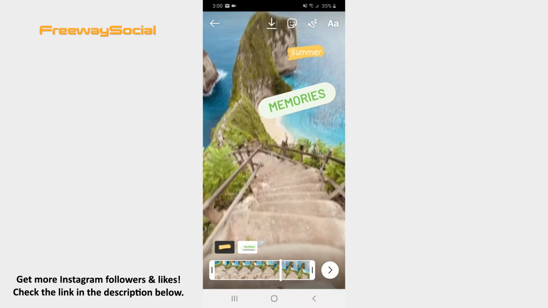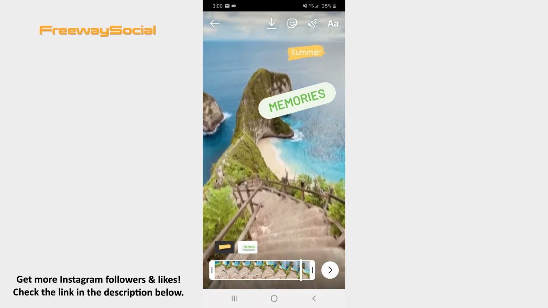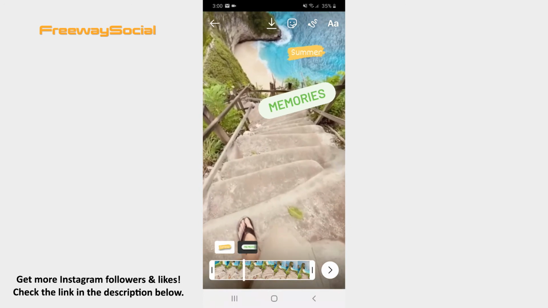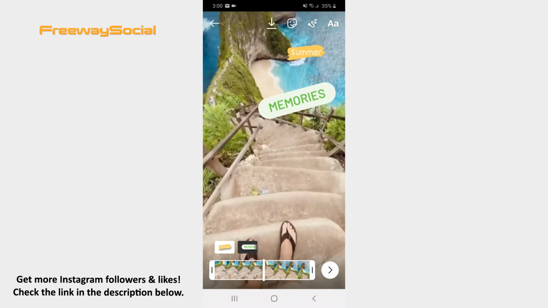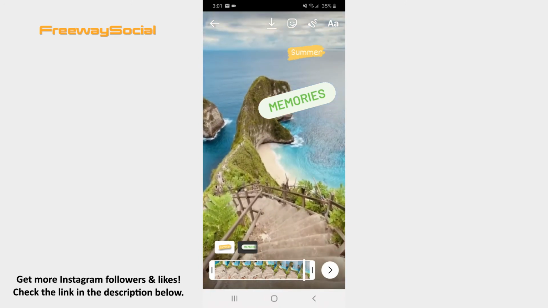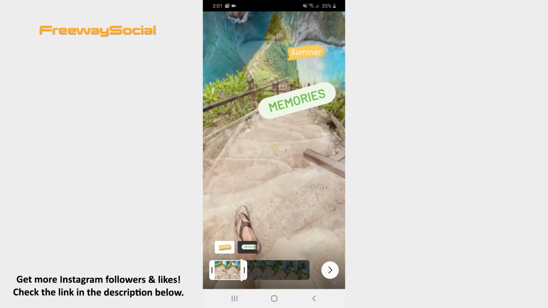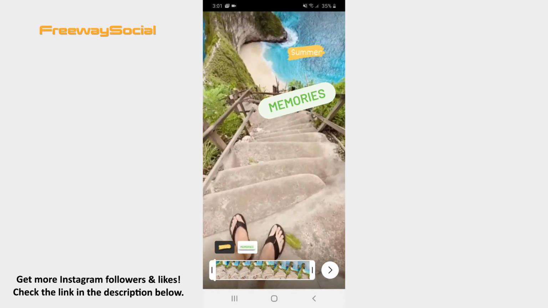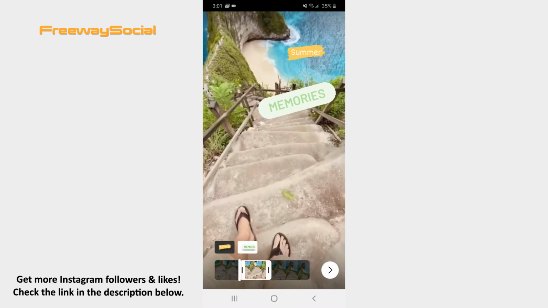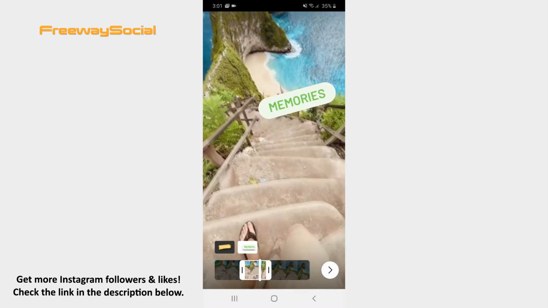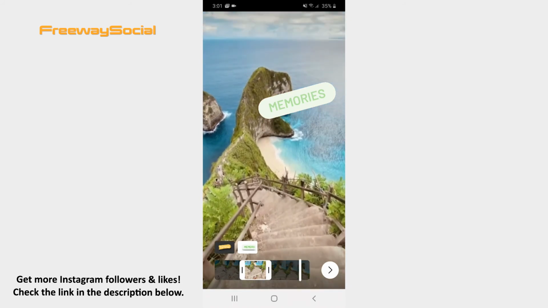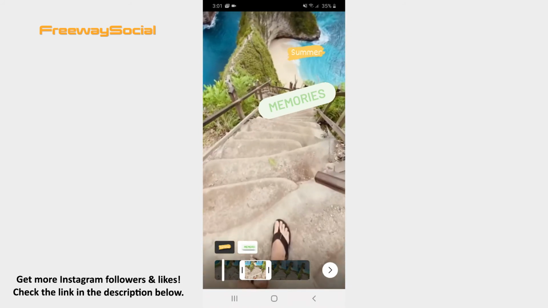As you can see, text appears as fields over the video's timeline. Now hit text and set the duration on the timeline when you want text to appear in the video and when to disappear. Don't forget that you can also insert stickers or draw something on your video if you want. Then click on the arrow button.